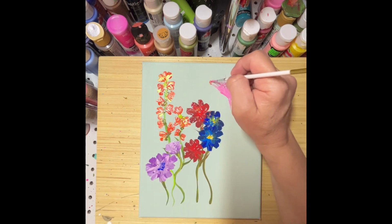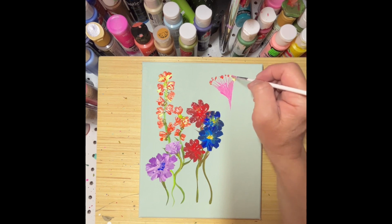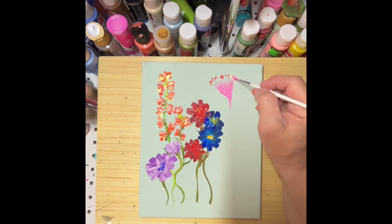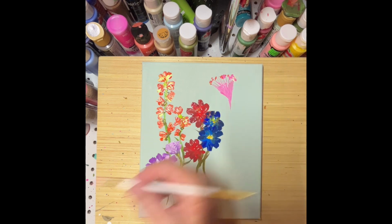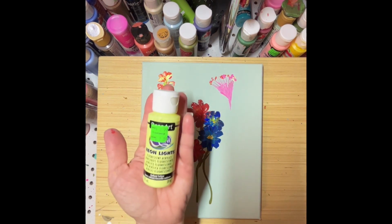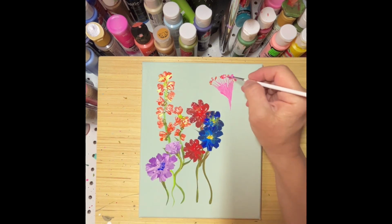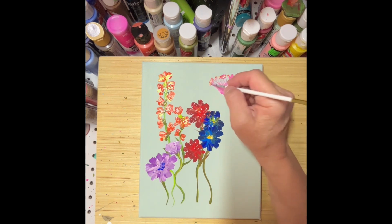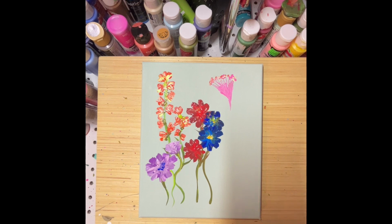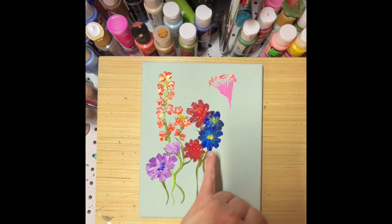Gotta add some texture. This yellow that I just put on there, it's a neon paint. I got different neon colors. And with the neons, what happens is when they dry, they shine a little bit differently. They kind of have a boldness to them. And so I like mixing them in the colors as I go along, because this blue